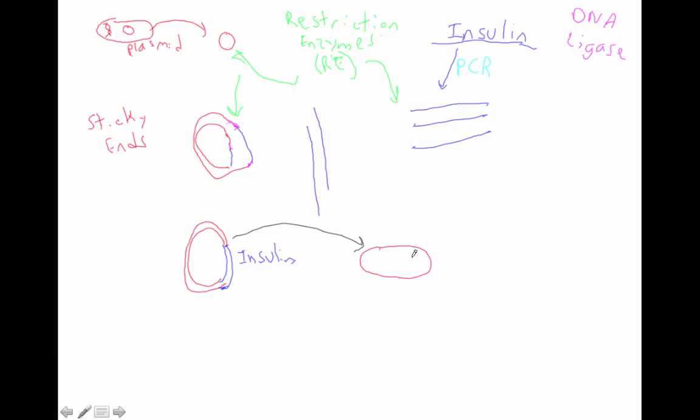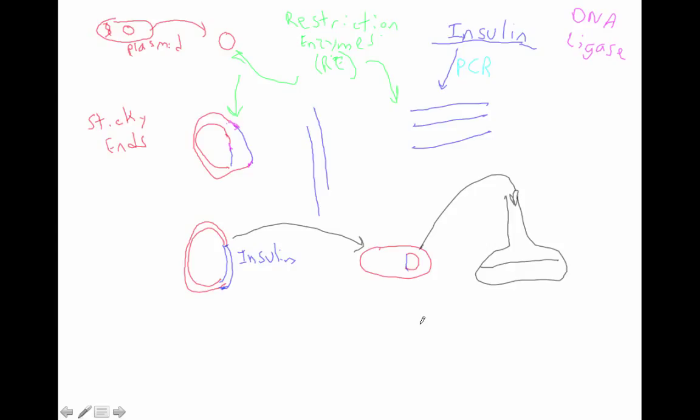So let's draw it again. And now I'm going to just draw it much simpler because of our space requirement here. We have this plasmid with the insulin gene now in the bacteria. And now what we can do is the thing we've been waiting to do, and that is to place this bacteria into a large flask. And in industry now, they'll use these large vats that hold maybe 500 gallons of media. So we put media in here. We take our bacteria containing our plasmid with our insulin, and we place it in here, and we let it